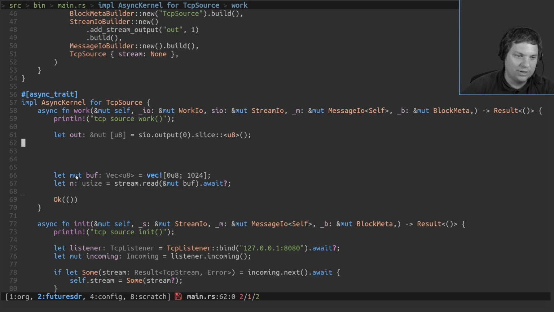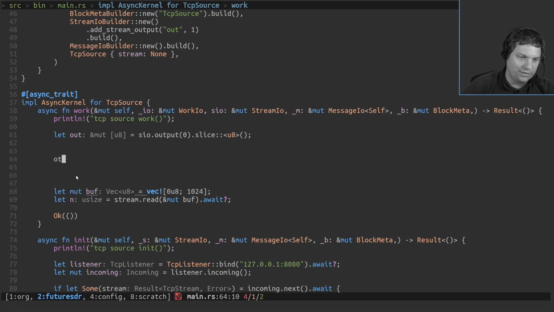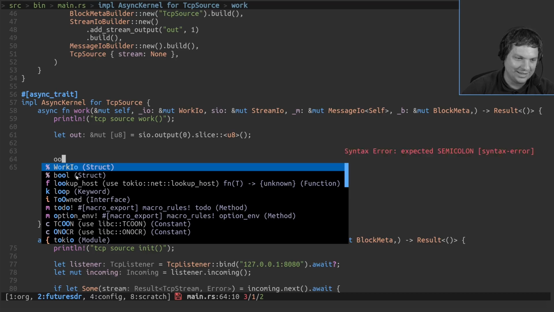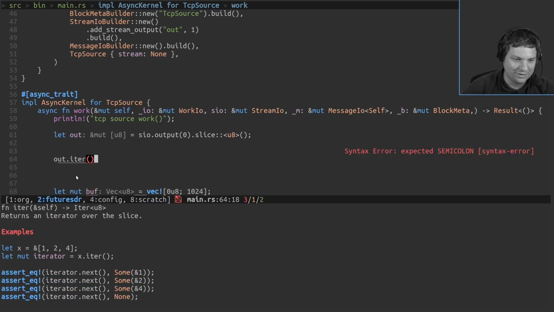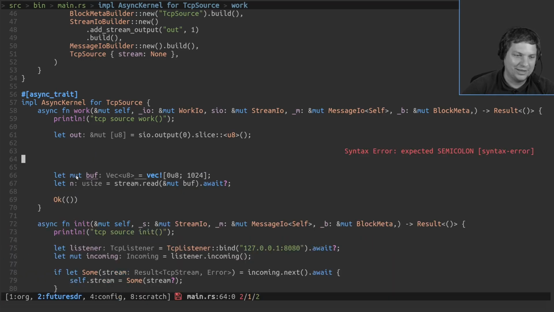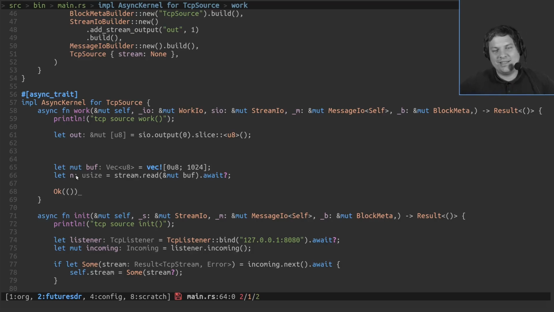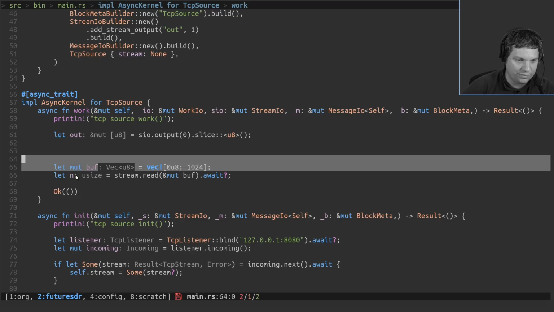You could now do all this good stuff with iter over the slice, or I don't know whatever you want to do. All the nice Rust stuff that you can do with a slice. But for now, we don't use a lot. First and foremost, we want to read from this stream.